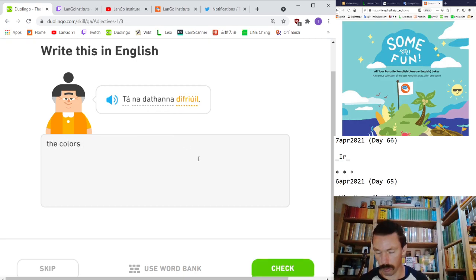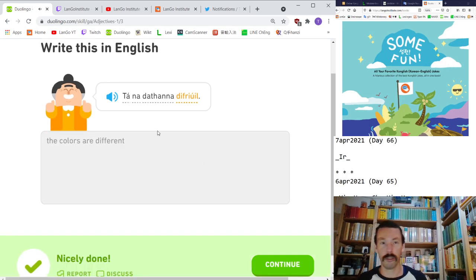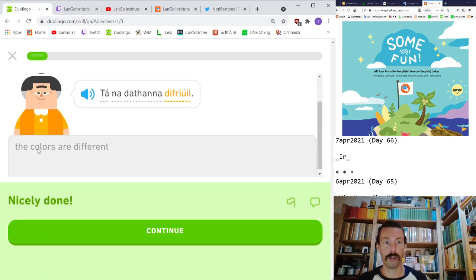So the word order is the really fascinating and, to me, hard part about learning Irish. Colors are different. First look at the English sentence that I've put here. Subject first, the colors. Then our verb phrase fills out the rest of the sentence. It's the intransitive verb to be, and it needs a complement with it. We can't just say the colors are. That's still not a complete thought. The verb be needs some sort of thing filling it up. We call it a complement.